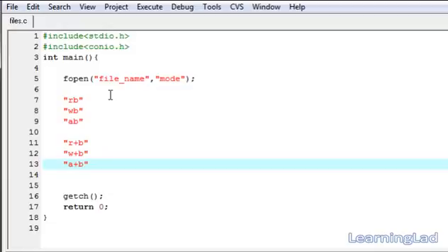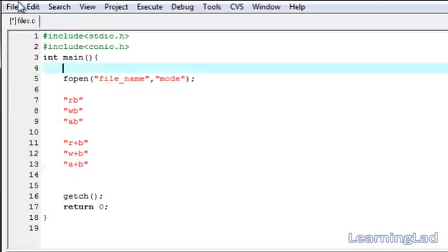So the next thing is, when we work with the file, we have to remember a lot of things. For example, the file name, the mode at which we have opened the file, then we have to remember the last byte or last word which is read from the file, the last byte or last word which is written to the file, and many things. So for that purpose, this stdio.h header file provides a structure for us, and the structure